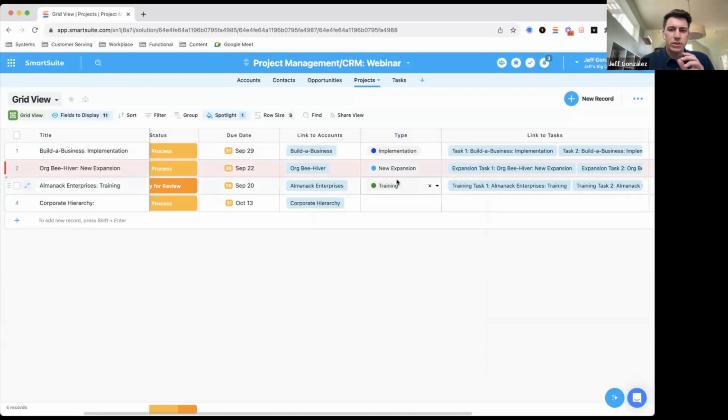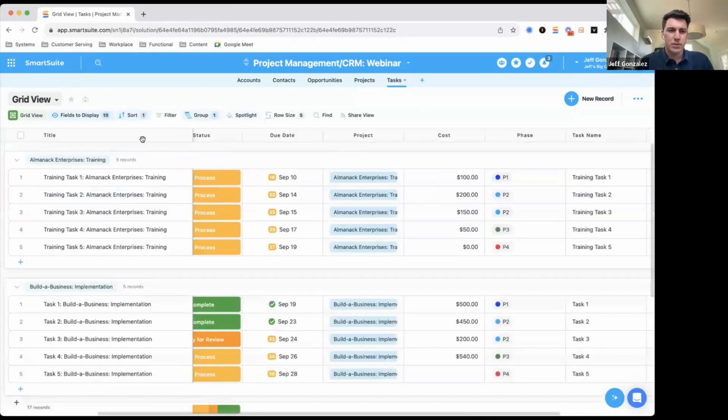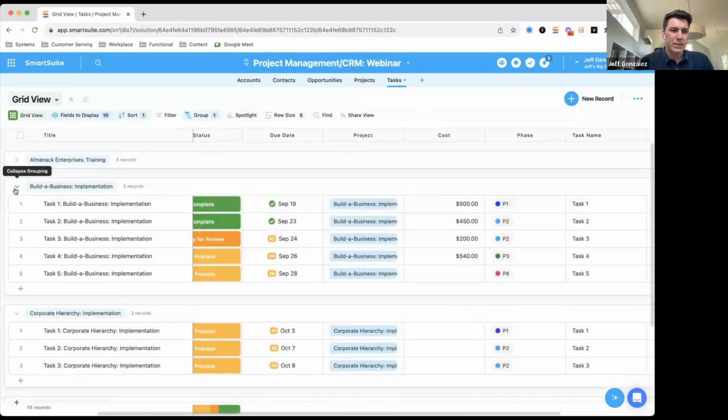And so what I want to do is I want to say, once I've articulated what the type of project is that I'm working on, I want it to go ahead and create the tasks that pertain to that project. And so I'll go ahead and select the type implementation. If we give it a moment here, it'll actually produce those tasks for us. We see it already starting to do so right now. If we go over to the tasks application,